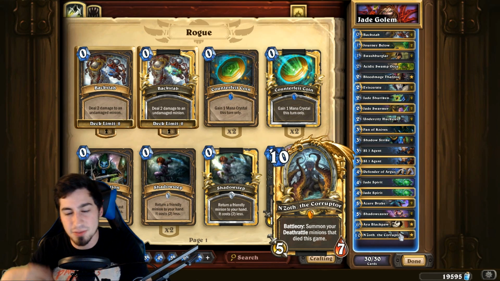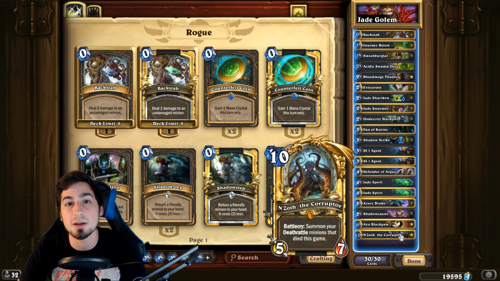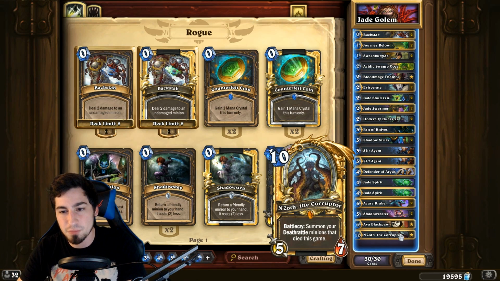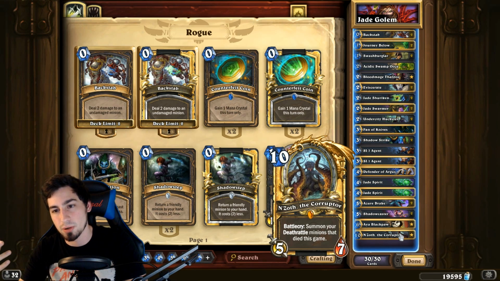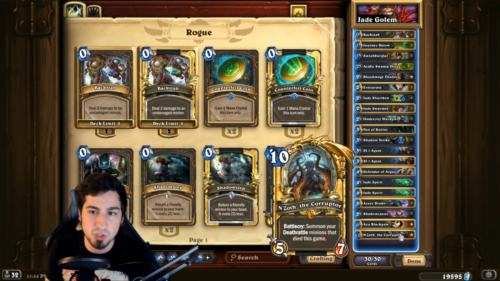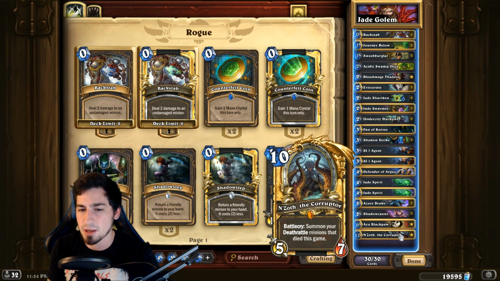From there, we have the N'Zoth. This is your late game win condition versus a lot of those control classes that are pretty annoying. After you've played all of your Blackpaw, your Undercity Hucksters, your Jade Swarmers, and you've used your Shadowcaster to get the value from either your Blackpaw or your Jade Swarmers or your Hucksters, you can drop the N'Zoth,